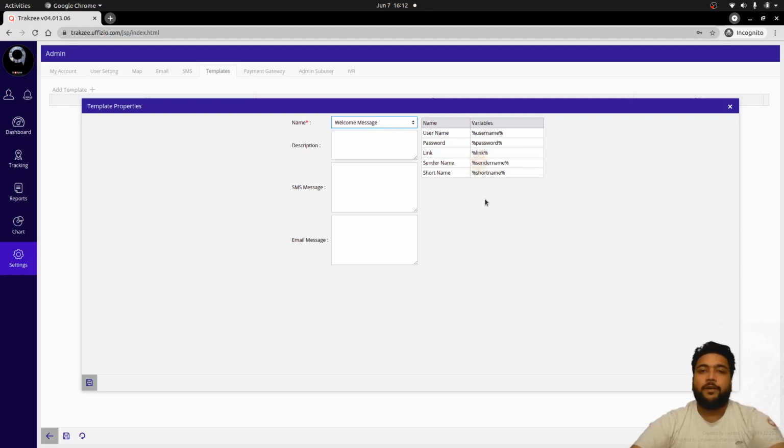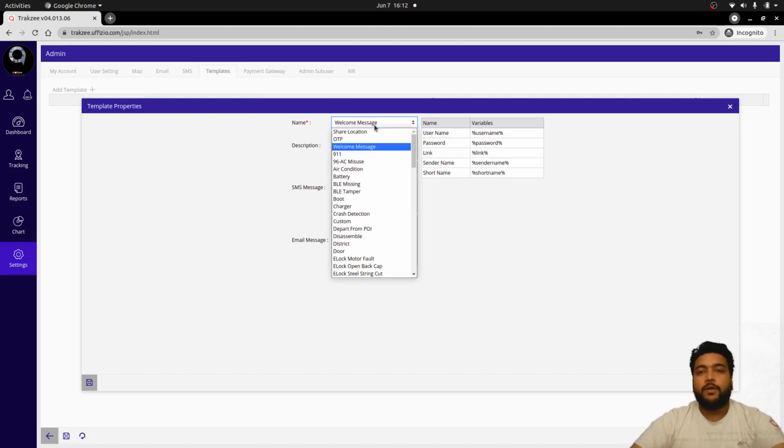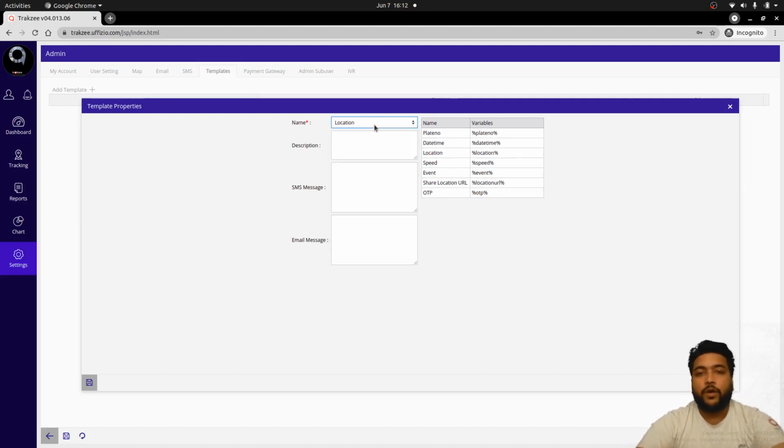The variable parameters are the dynamic information that can be entered into the software, and it can be called via services when the events are generated. Based on that, today we are going to configure the location alert, where the event needs to be selected as location, and a description can be entered over here as additional information. Based on that, we need to pass the SMS message that we need to receive as a customer.